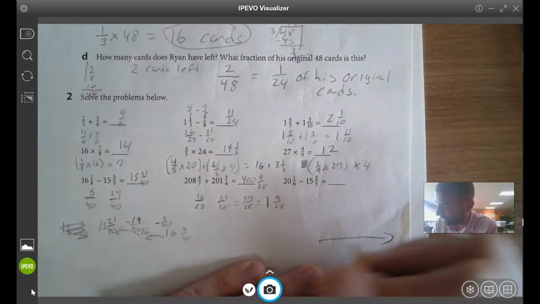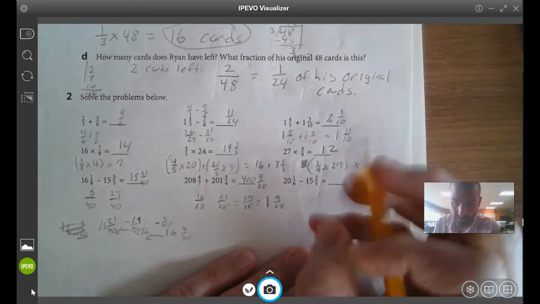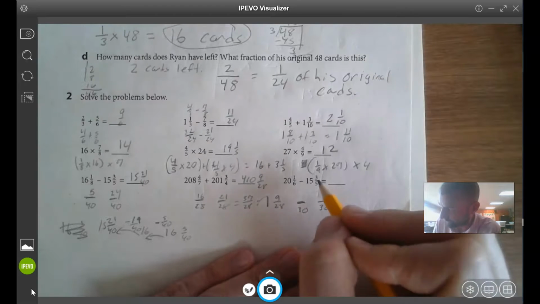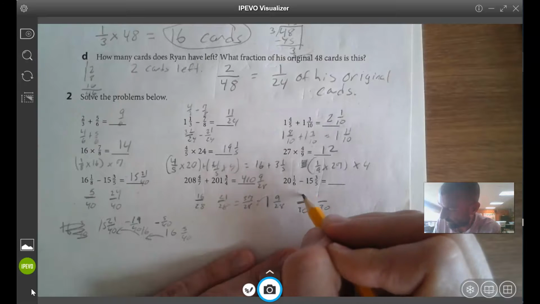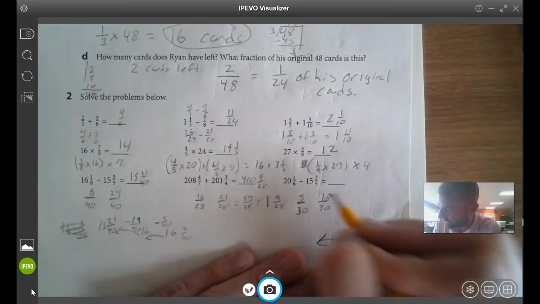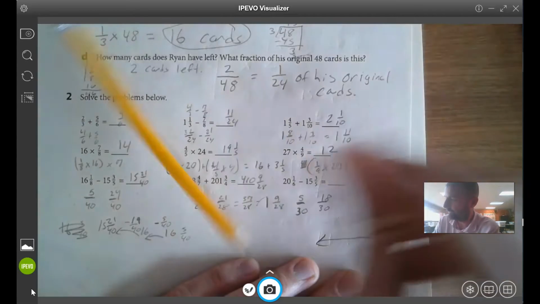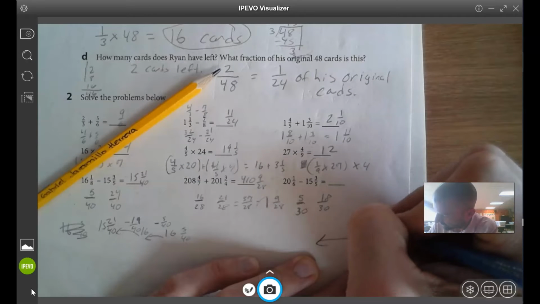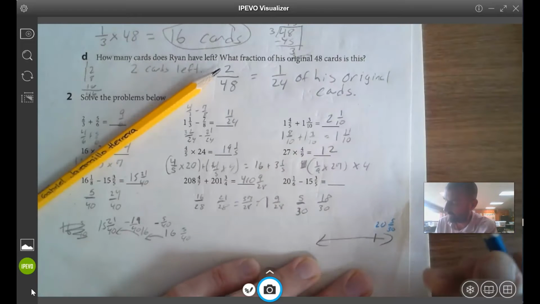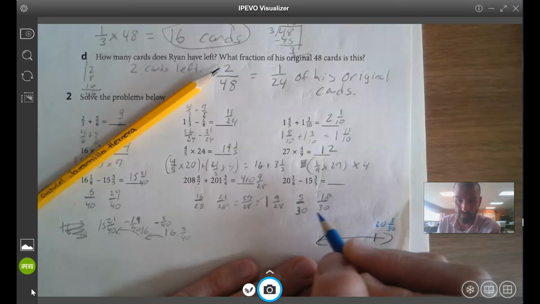So I am going to use a number line for this subtraction. So I have 6 and 5ths, which means I'm probably going to take this to 30ths. I multiplied by 5 here, so this is 5/30ths. I multiplied by 6 here, so 18/30ths. Okay. So if I start here at 20 and 5/30ths, I'm going to remove 18/30ths. And when I remove 18,